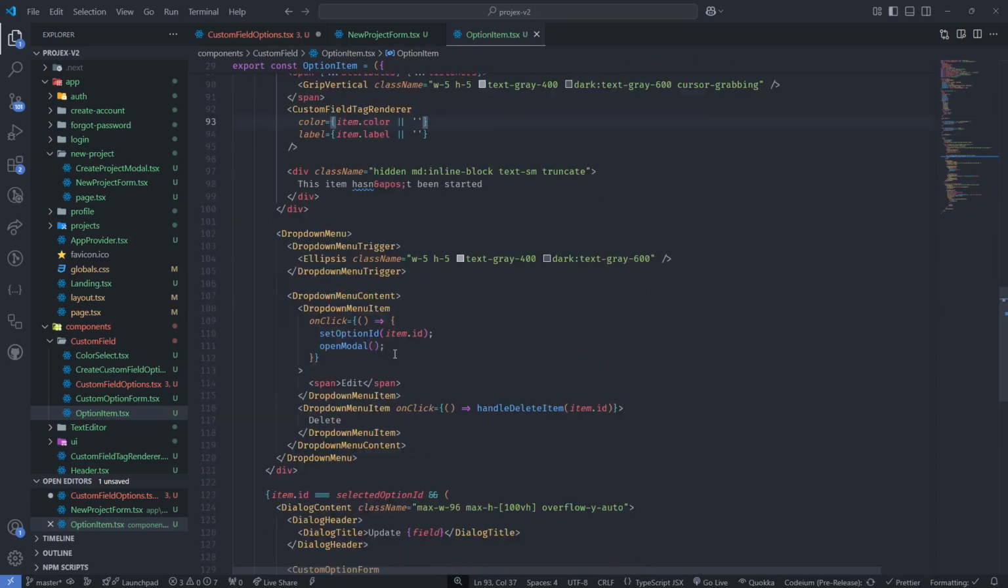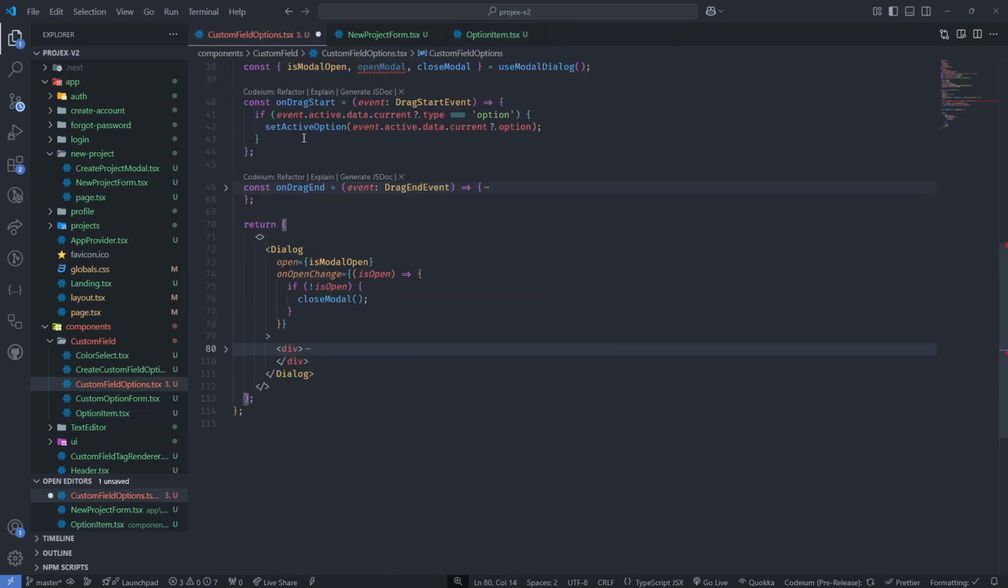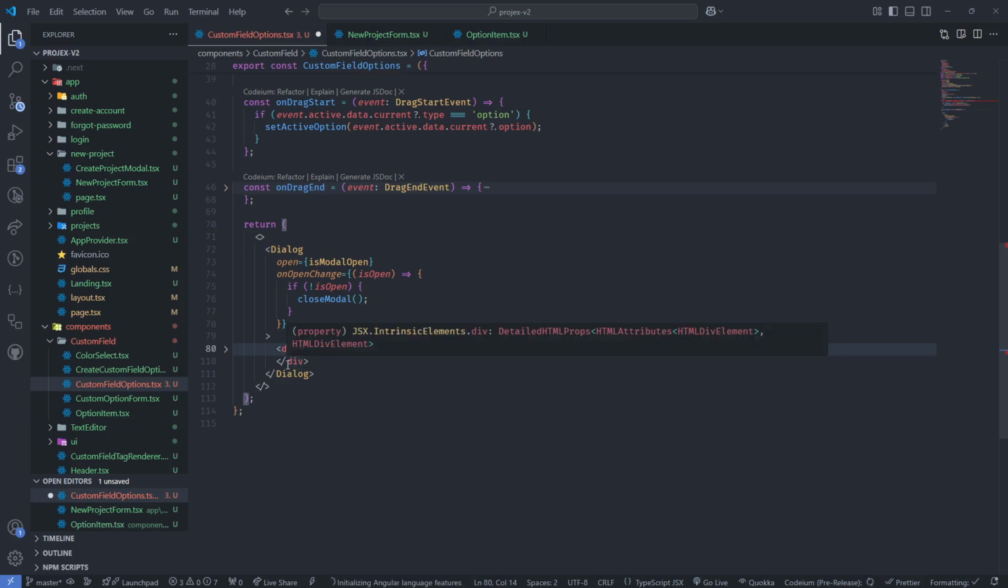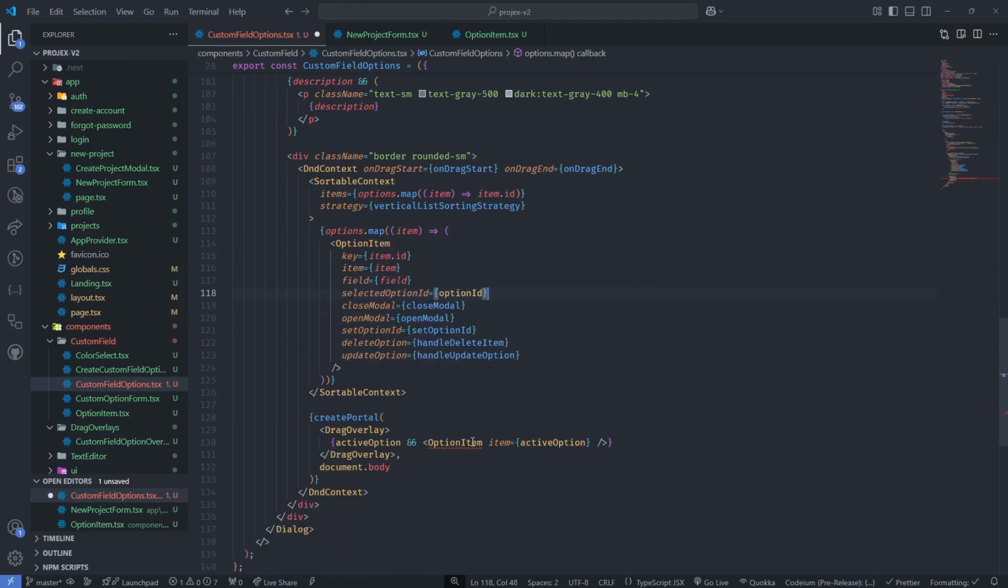So here you see we are using a dialog content here, and because we have wrapped this in a dialog, it is still within a dialog. A dialog content is supposed to be used within a dialog component, so it's still valid. Here I have to add all the props as I have added here, but you can see that I have to add it here as well because it's the same component I am reusing. But